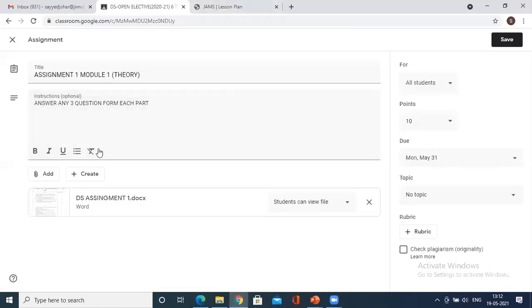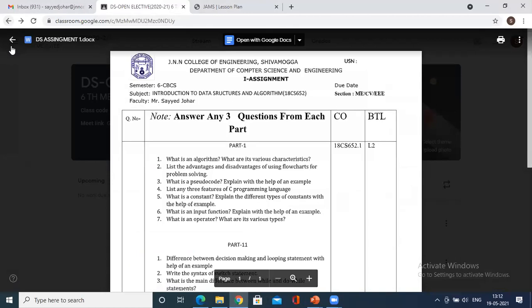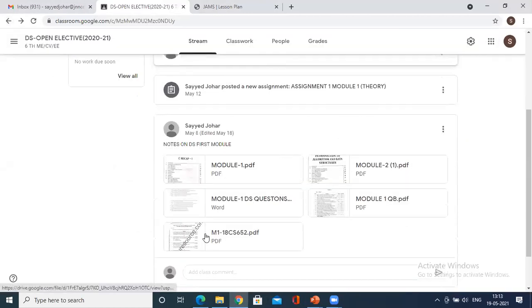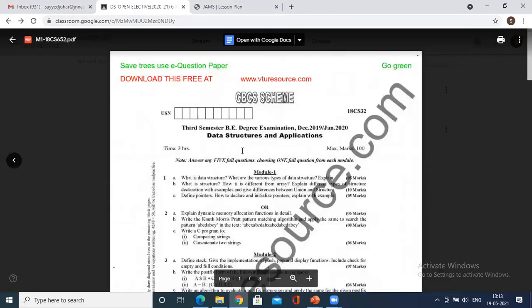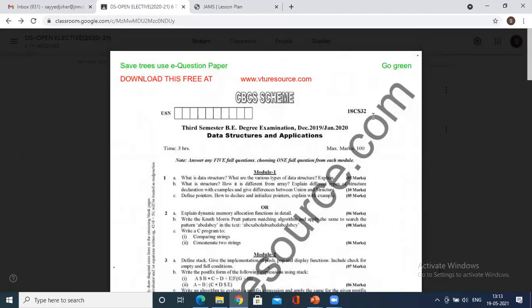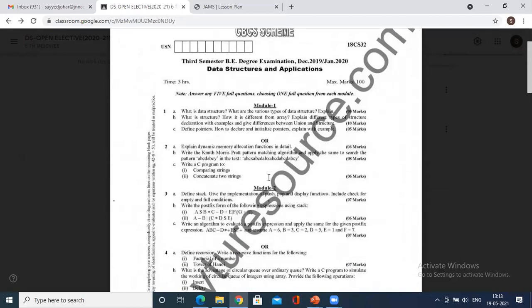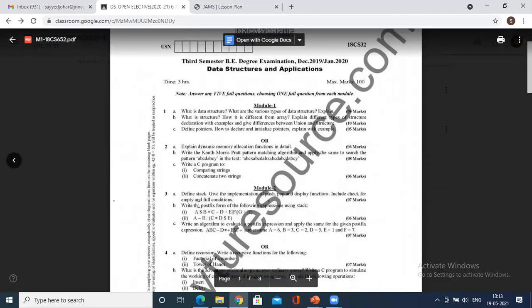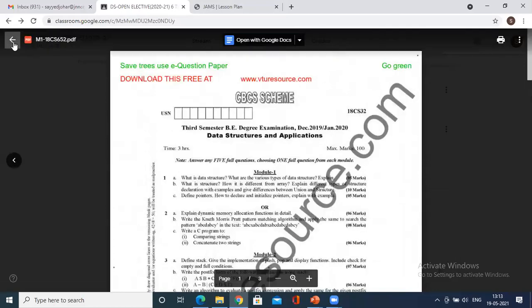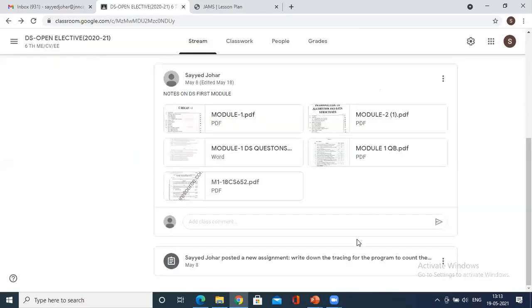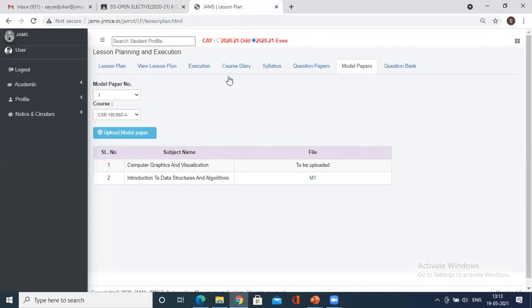You could refer to the Google Classroom. I'm also looking for a few question papers that I'll forward. One question paper I got was from some other branch, data structures 18CS32. It was not an open elective subject, and the syllabus is different there, but I uploaded it anyway. It is not relevant to much of the syllabus.